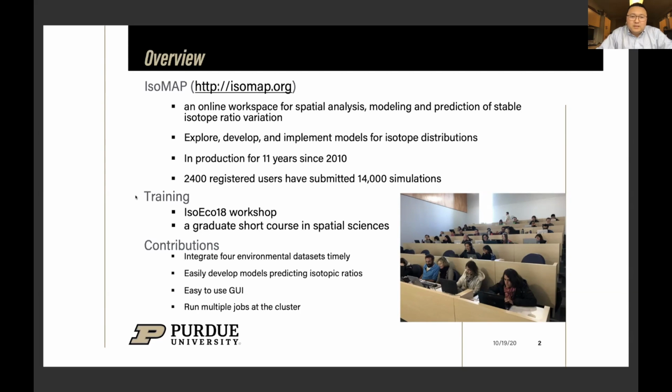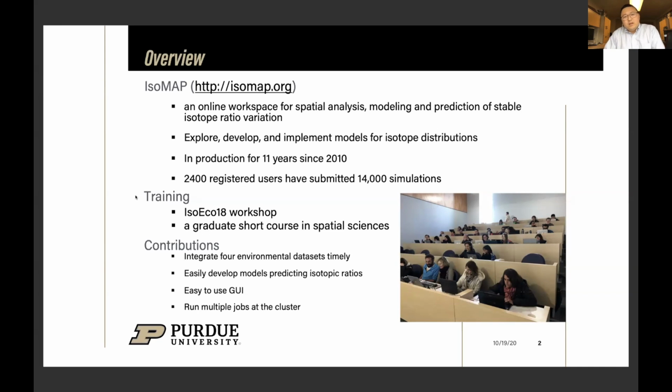These ratios change over time and space, and they are recorded in animal tissues. So if we can track the history of the isotope ratio, we can do research about animal migration and human movement or origins.